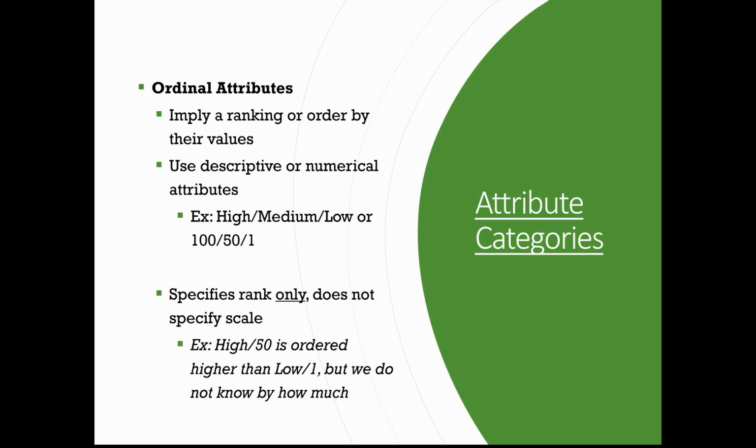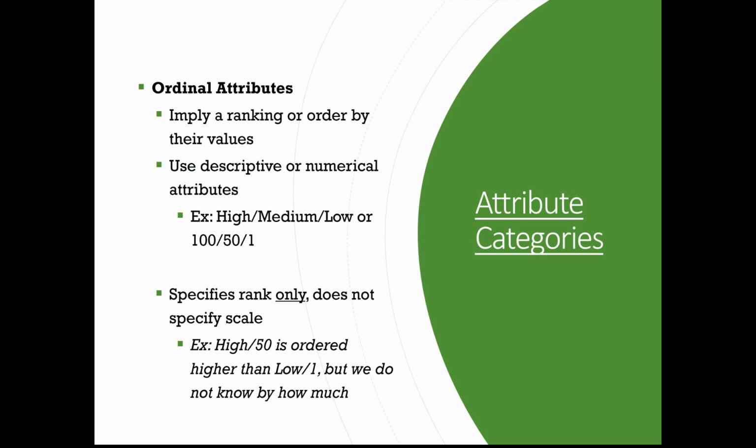In either case, these ordinal attributes allow us to specify rank only and not scale. So for instance, we can state that high is ordered higher than low, and high is ordered higher than medium, and low is ordered lower than high. But we cannot say that high is twice as high as medium, or that medium is twice as high as